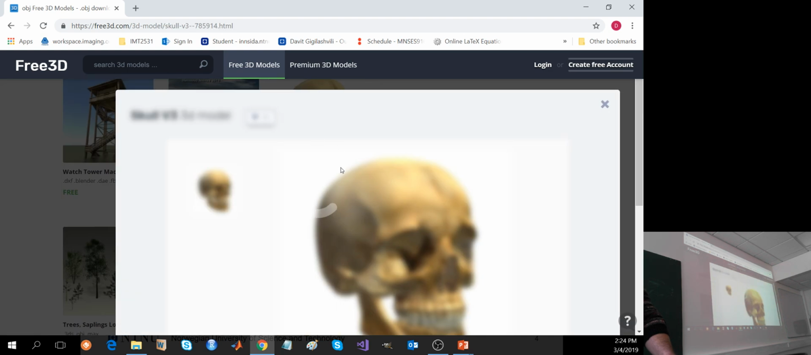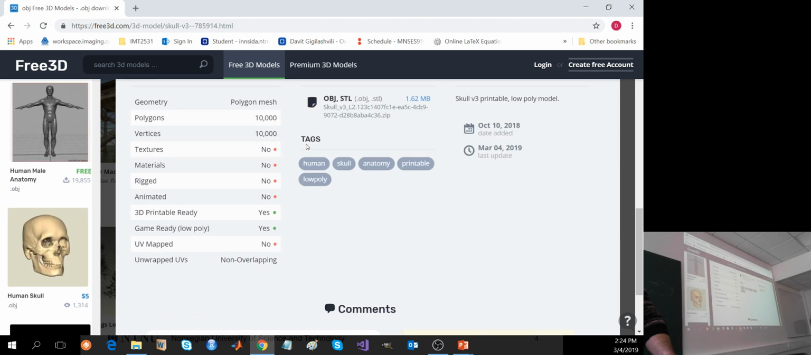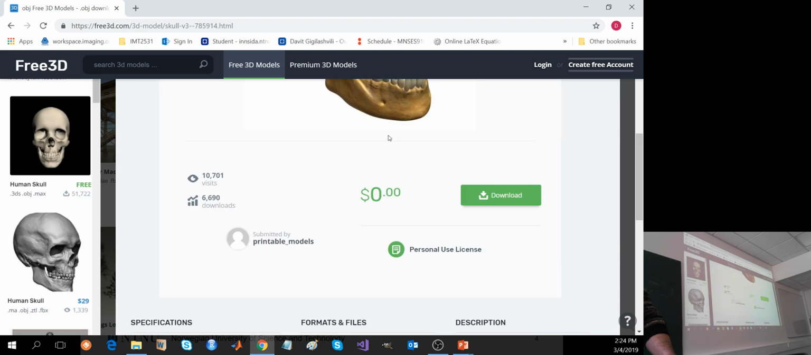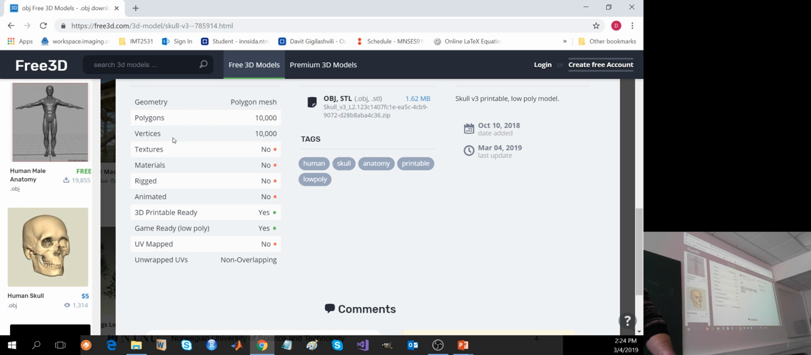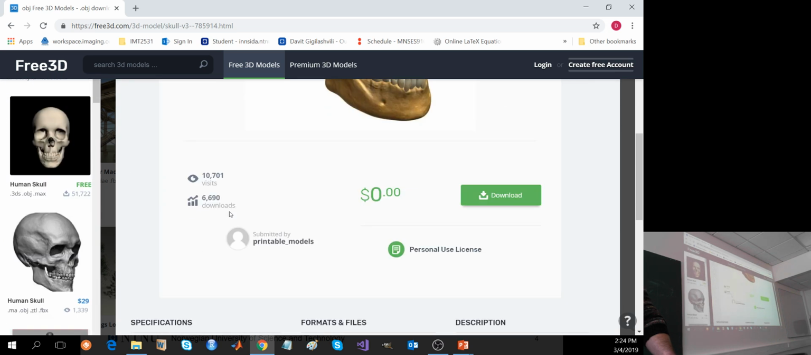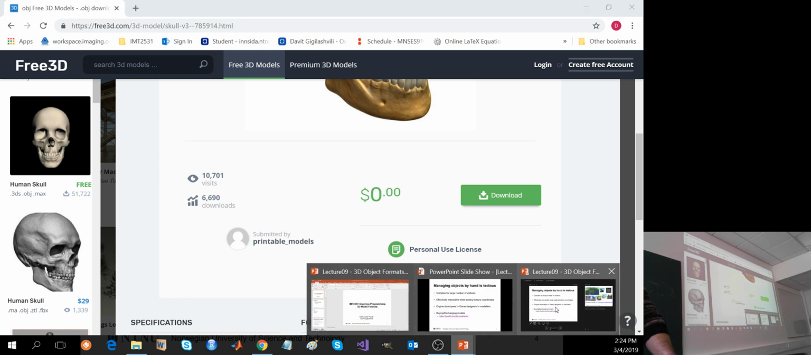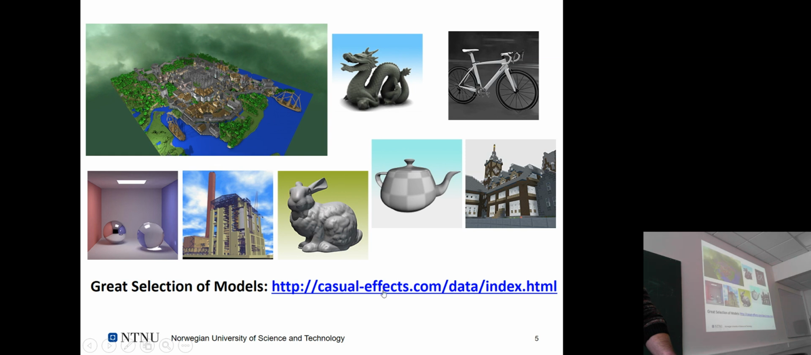If you select, for example, this one, you have the information on what kind of formats are included for this model, and the number of polygons, vertices, and all kinds of parameters you might need to know. And you will simply download this one and use it for your work. And to get back to the presentation, yeah, here is another also very good